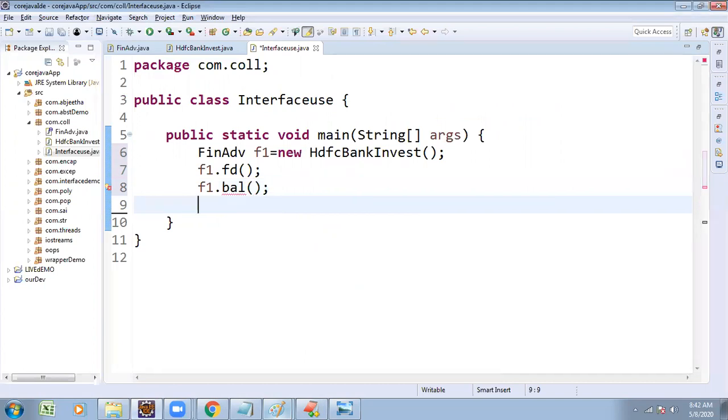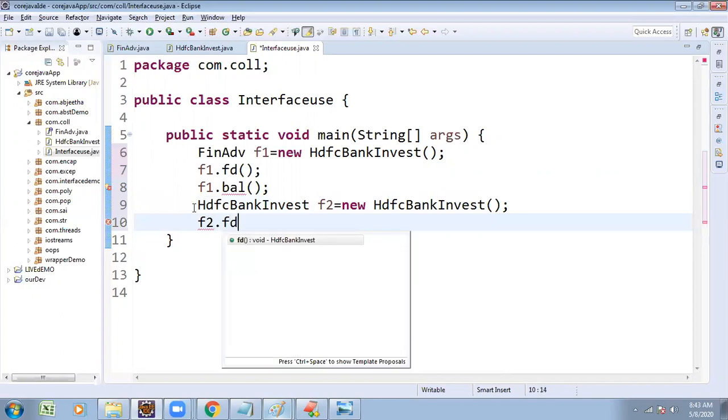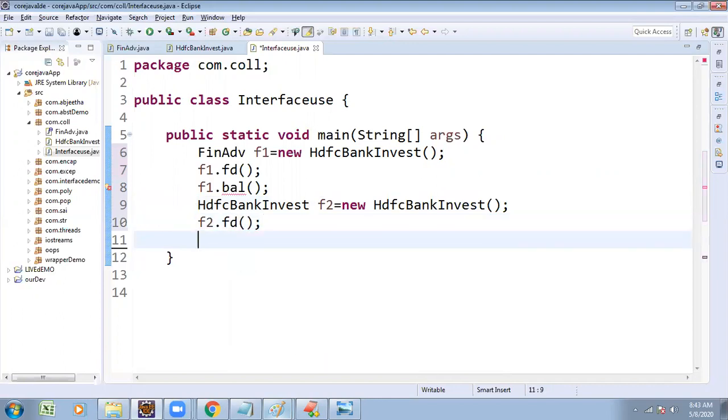But if I create the object directly with the subclass, HDFCBankInvest f2 = new HDFCBank, here also I plan to call f2.FD method as well as f2 dot balance method.